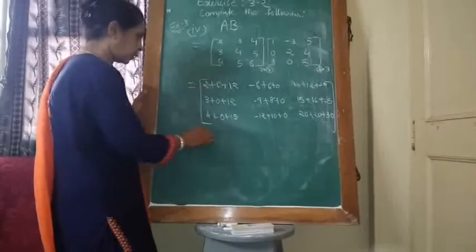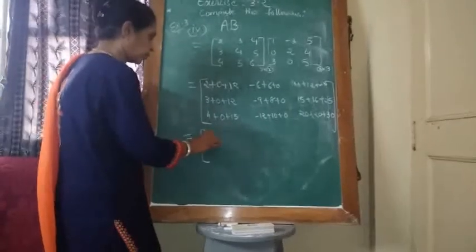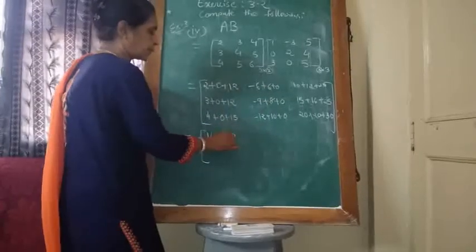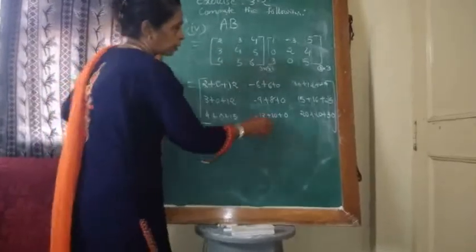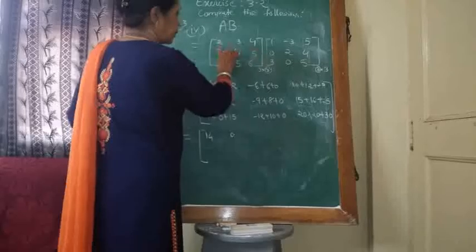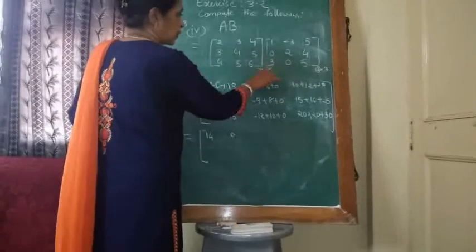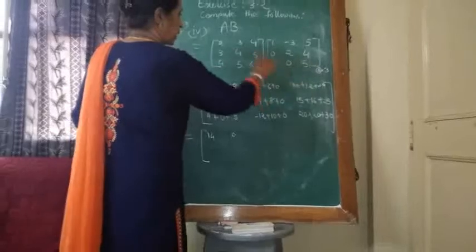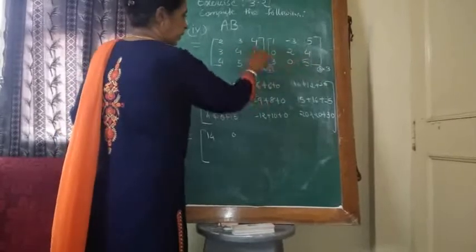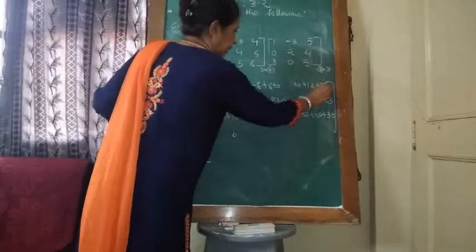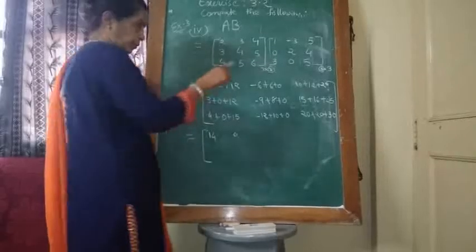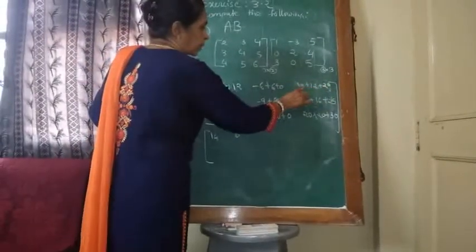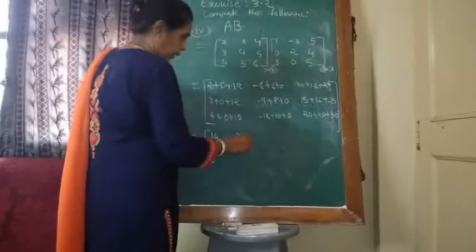And that is equal to 12 plus 2 is 14, 0, minus 6 plus 6 is 0. And here I obtain first row with third column: 2 5 are 10, 3 4 are 12, this is 20. Okay, I verify whether this is written correctly or not. So 20, 30, 40, 42.